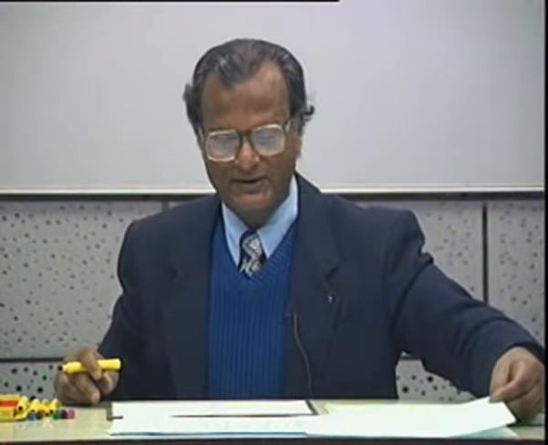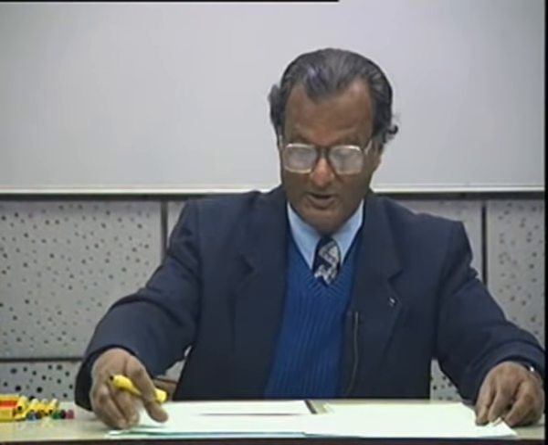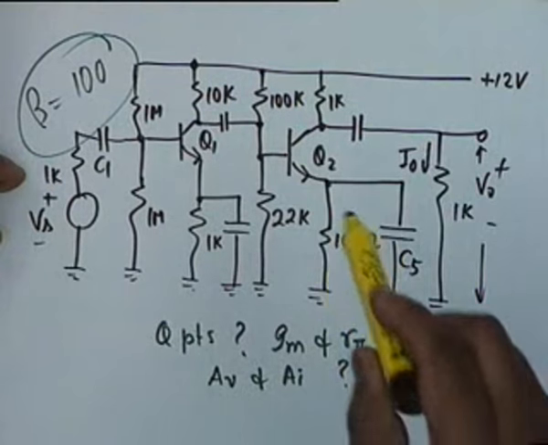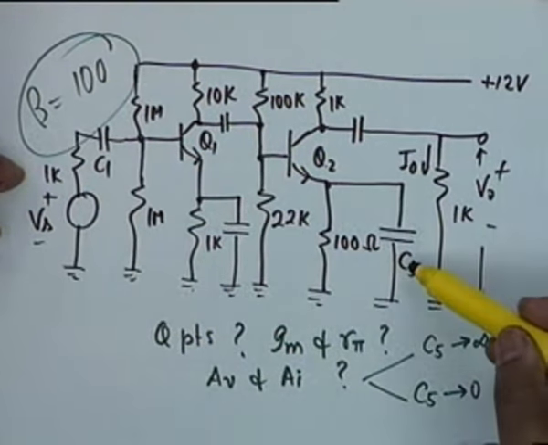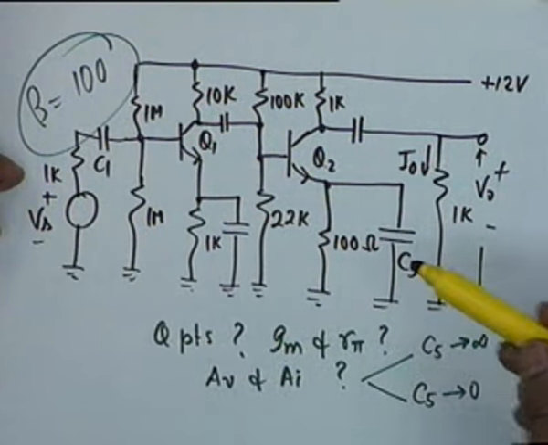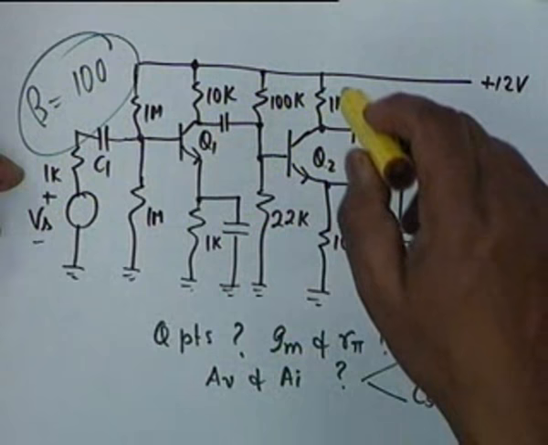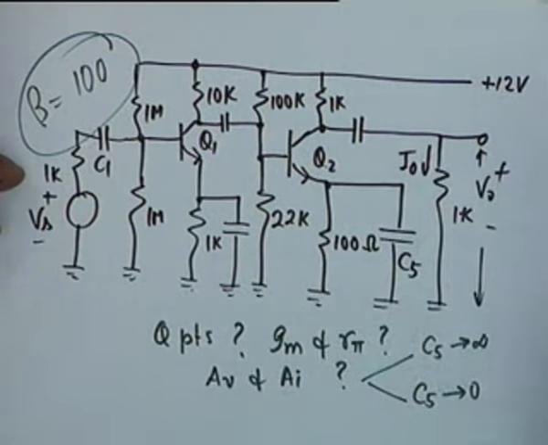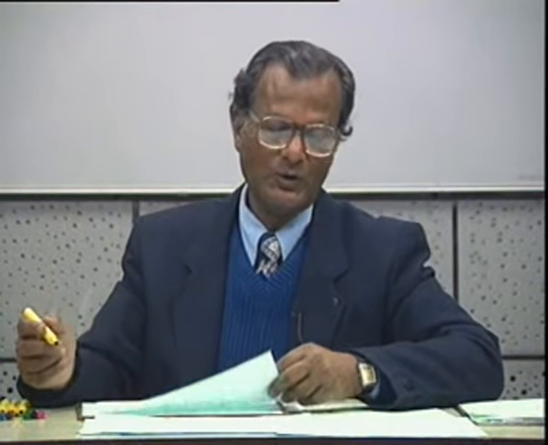Okay? Now, in calculating the gain, let's look at the circuit again. I am not drawing another equivalent circuit. If you so desire, you may draw it, but the gain of the second stage, the last stage, Q2, if this is bypassed, then the gain would be minus GM2 multiplied by the effective load, which is 1K parallel 1K. Yes, so we have not calculated VC2, which is quite close to 12.